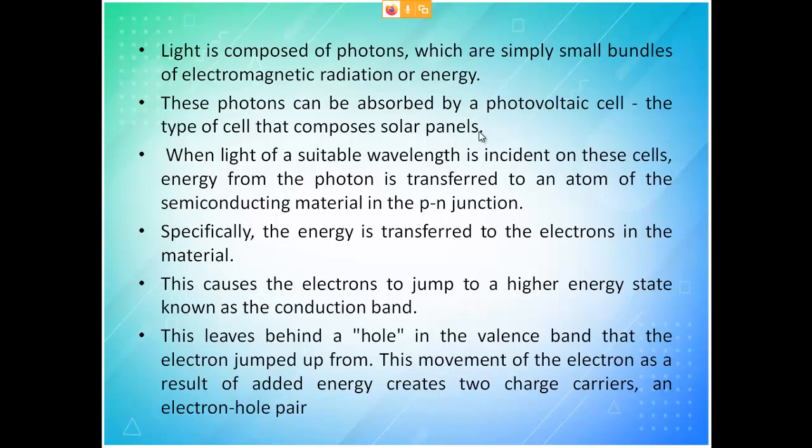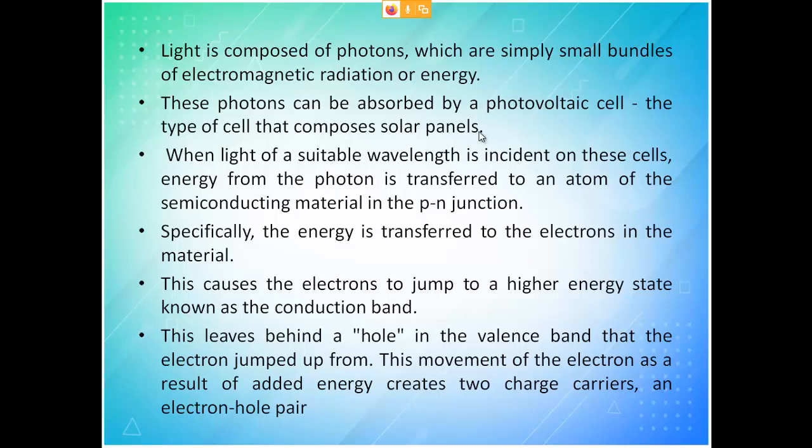For the photon to transfer energy to an atom of semiconductor material, the energy from the photon is what is transferred to the semiconductor. You are supposed to understand that it is not the electrons from the semiconductor that move outside. If the electrons from the semiconductor moved outside, within 10 to 15 days your solar panel would not have any energy and would collapse. You have to be very clear. You have p-type and n-type. The energy is required to cross the barrier, and this energy is transferred from the photon.